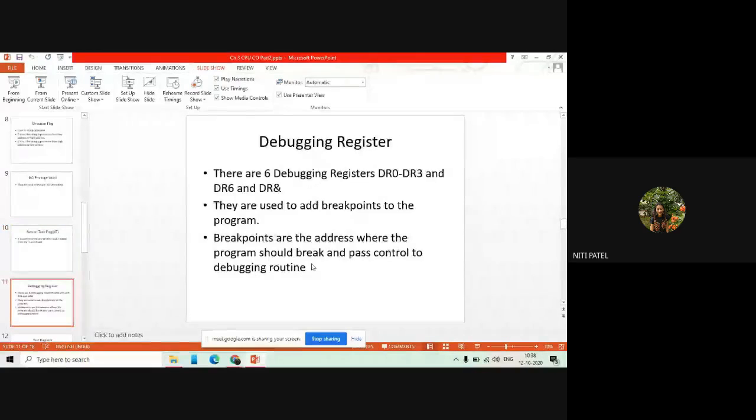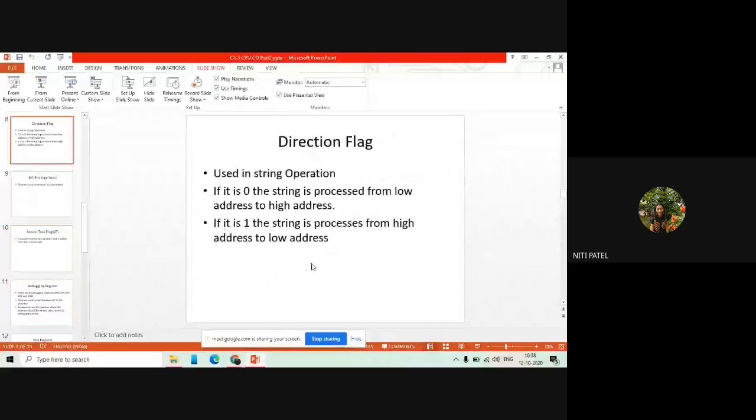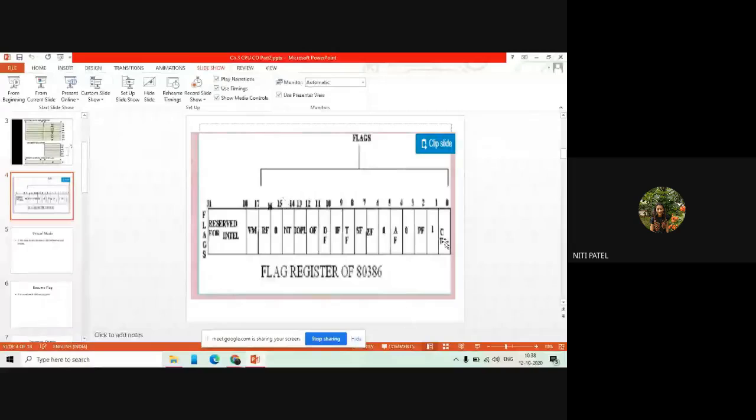Then apart from this, this was all about your flag register. It is 32 bits, out of which bits 18 to 31 are never used. They will be activated only when you are going to use the Intel processor. If your virtual mode becomes 1, your entire system will work as 8086. But if this is set to 0, it will work as an 80386 processor. And every operation you do, the status of that operation